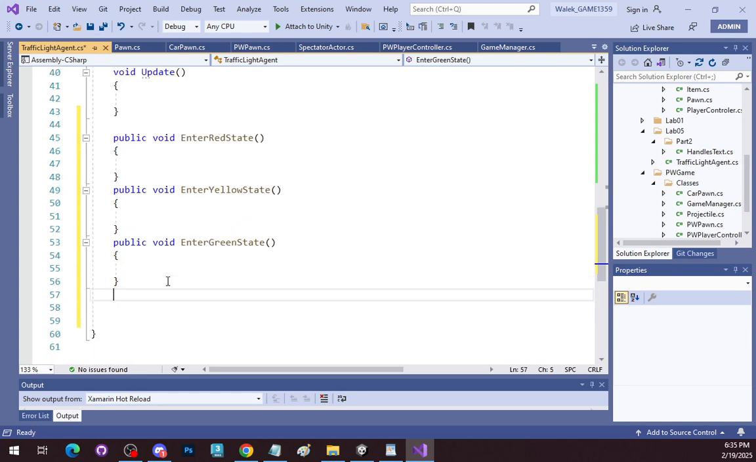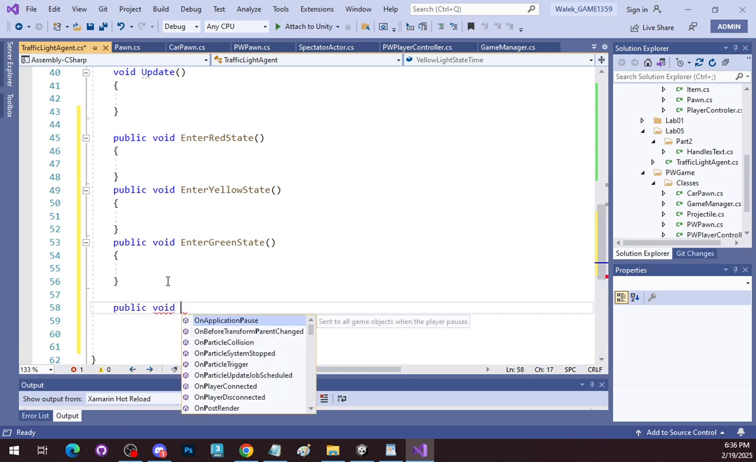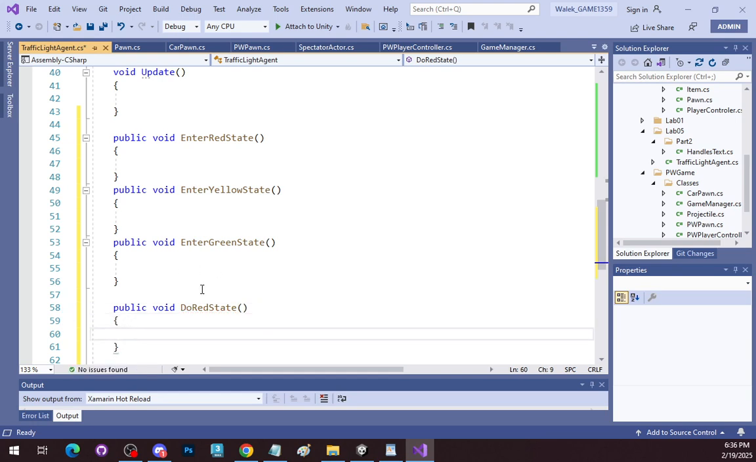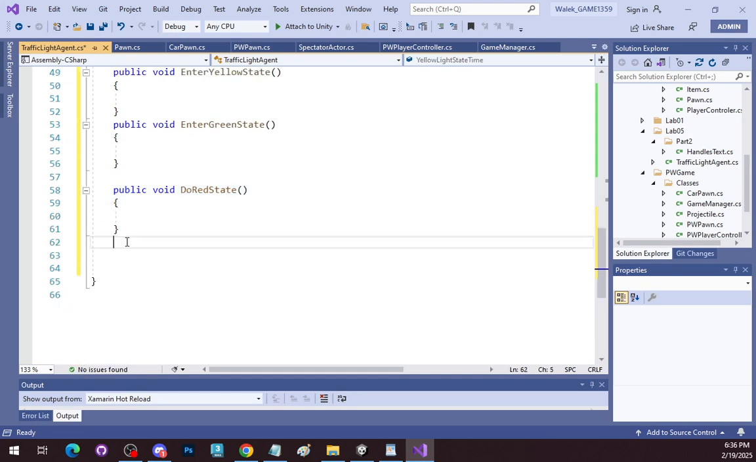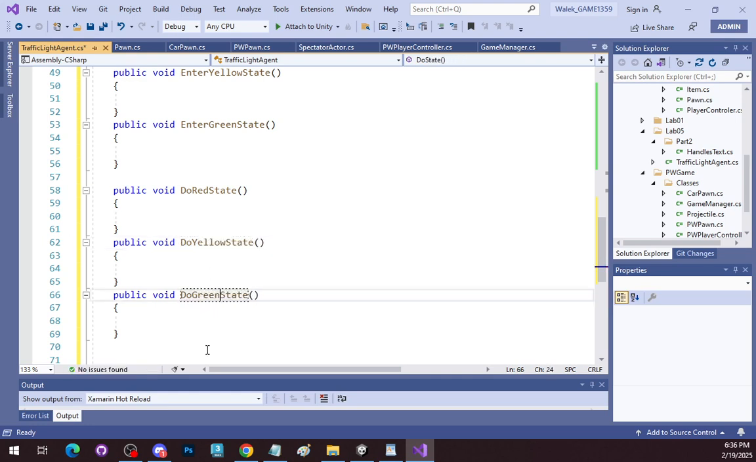The next thing that I'm going to do right here is going to be effectively public void do red state. And then again, I'm going to have a yellow, and then a green. All right, so I'm going to start